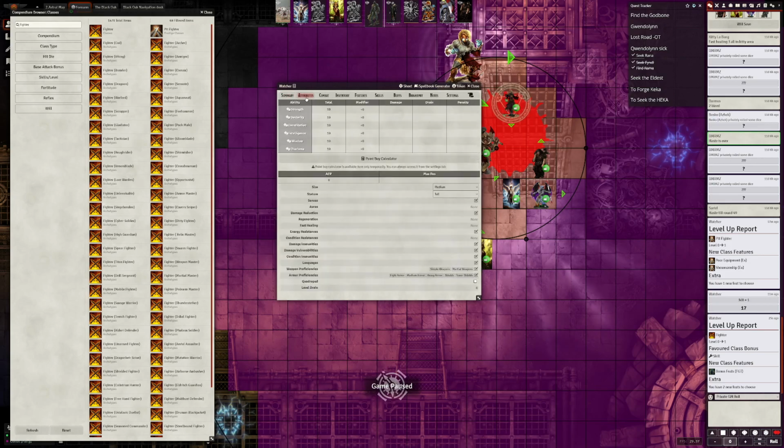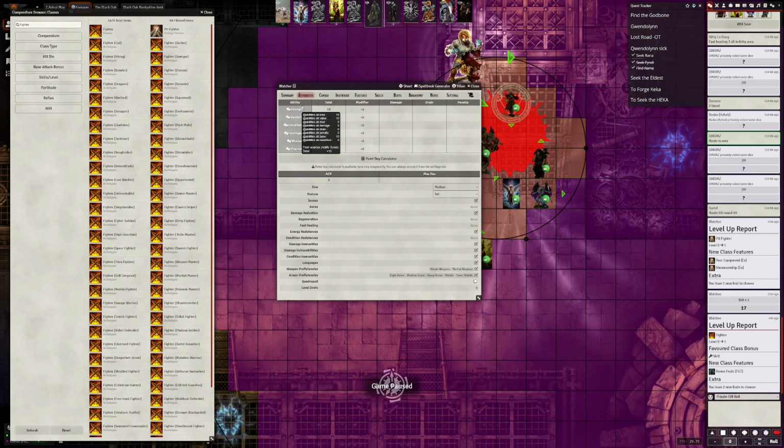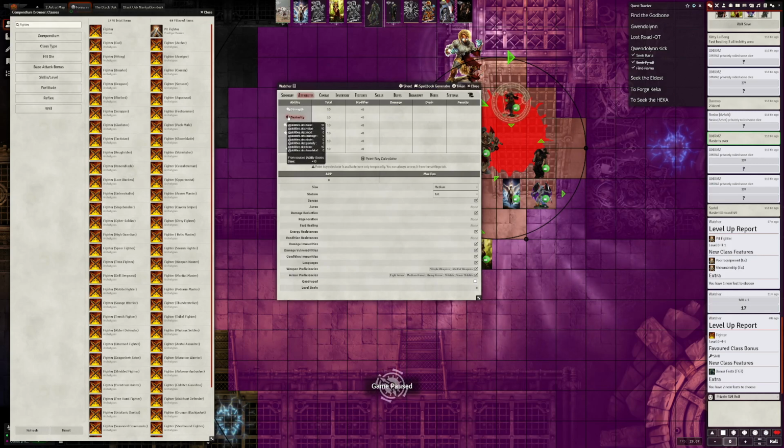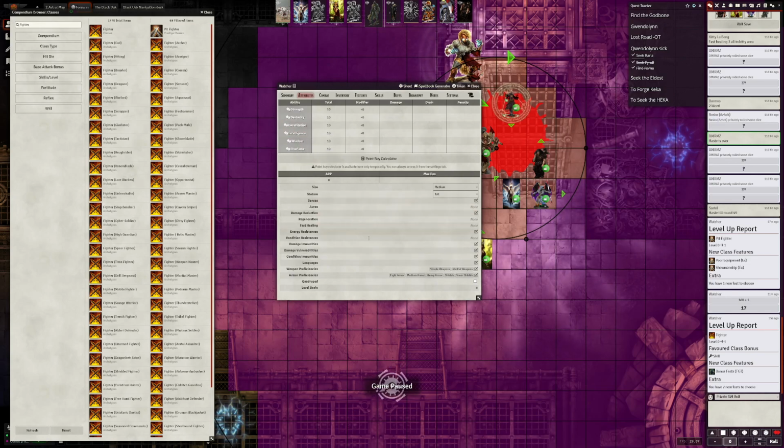The second tab is your abilities. They show what is a statistic. When I say what is a statistic, that means whether it's modified by magic, by class, or by race, all those things are shown in a little black pop-up window when you hover over them. It also gives you all the details around your abilities, like resistances and immunities,